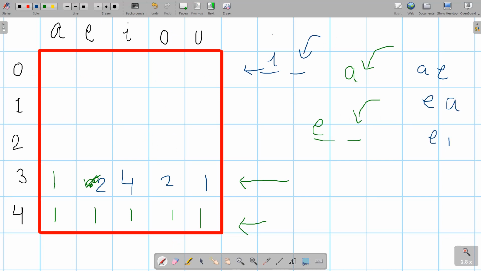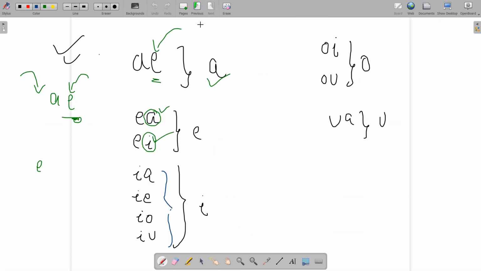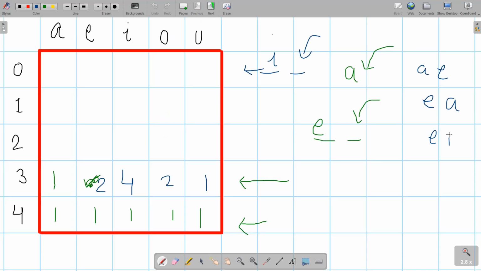Okay, and I should be followed by the rest of all, so I will not try to write it. O should be followed by I, O should be followed by U, and U should be followed by A. So okay, let us try to fill up the values as fast as possible.